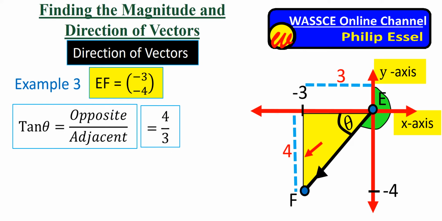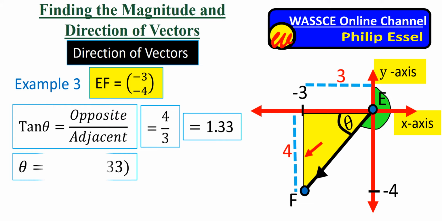And when you do the mathematics, you would get 1.33. Our theta would therefore be equal to tan inverse of 1.33. Tan inverse of 1.33 would give us